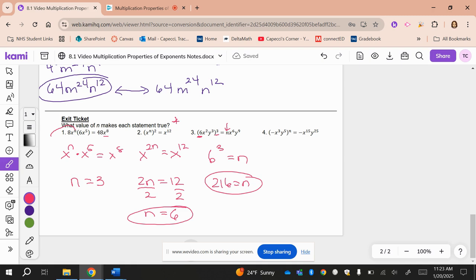Okay, and our last one, our n is our power. So we could either use the number or x's or y's, doesn't matter. We just need to do one. I'm going to use y just because it's the closest. So I know y, and then power to a power, I'm going to multiply. And I know that is equal to y to the 25th. So again, if you can't see that right away in your head, we can just pull that out, and n is equal to